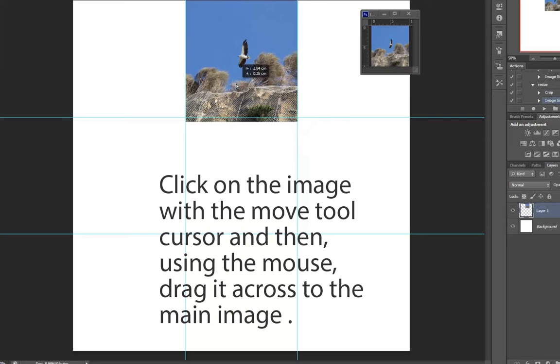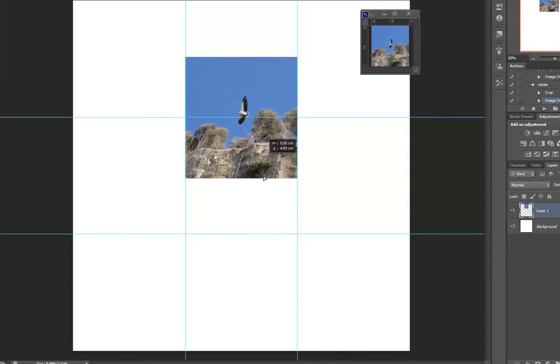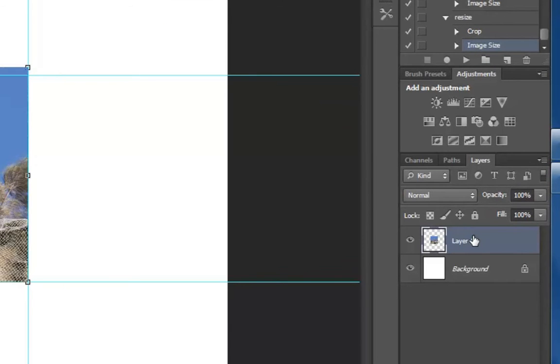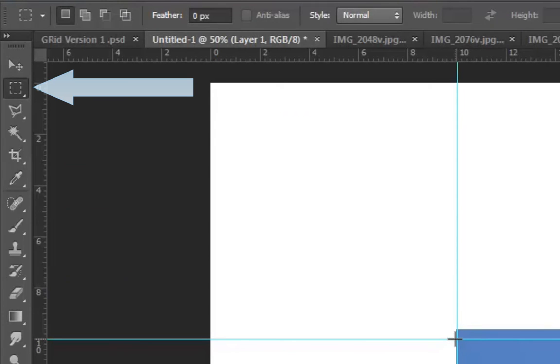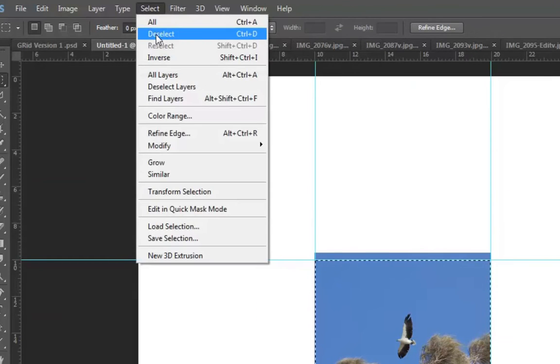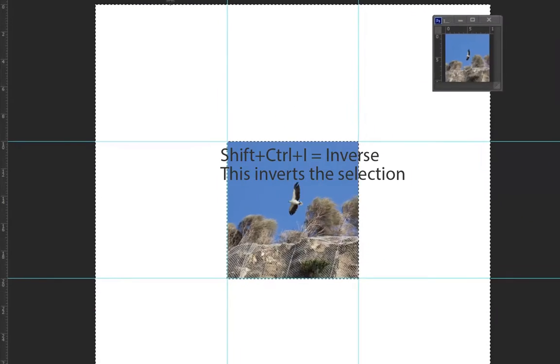And you can see that it fits into the area between my guides, and that 0.4 is just slightly too large on one side. You can also see that it is on a new layer above the original layer in the layers panel. So to crop it, I create a marquee outline. I press invert, so select invert or shift control I, and then just simply press the delete button, and I